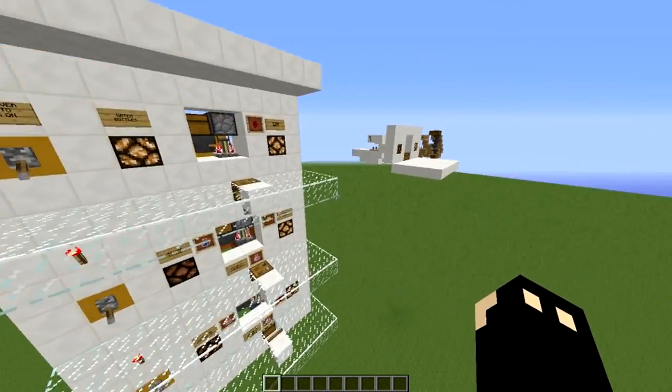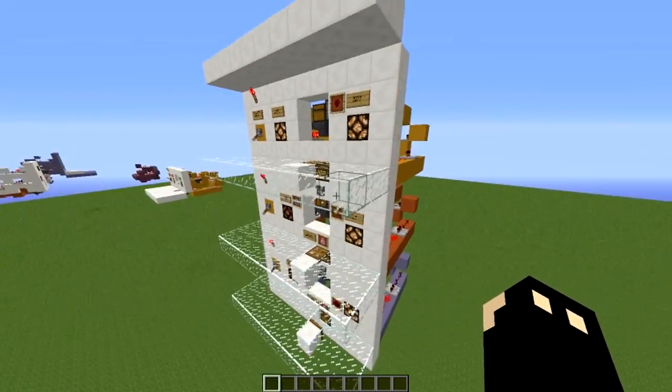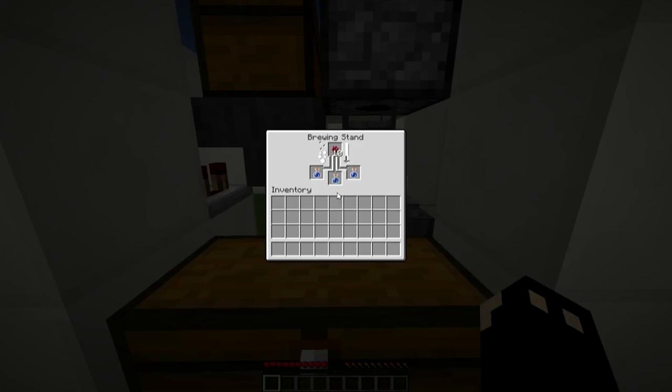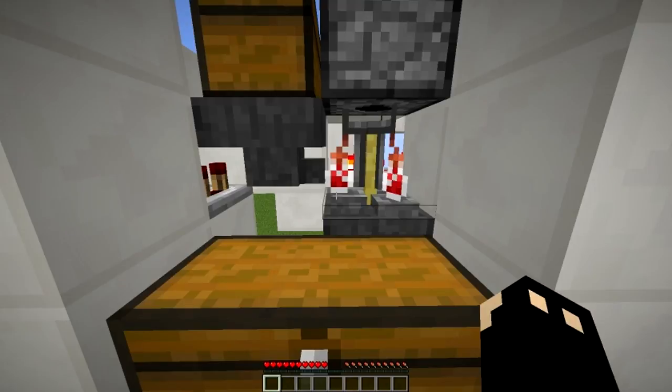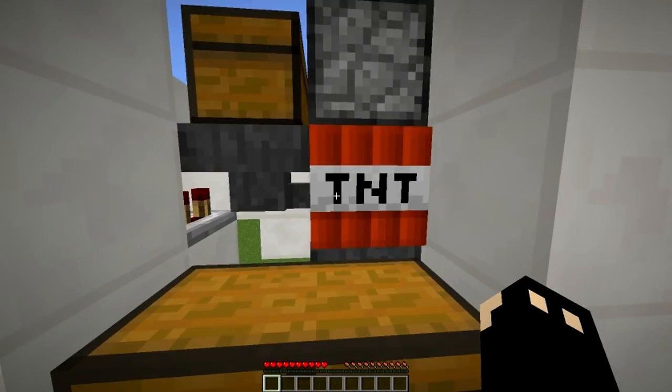Anyways, I hope you guys enjoyed, and look forward to my more in-depth tutorial on how this stuff works. Now I can make potions automatically, so then I don't have to worry about making splash potions, so I can use my XP farm out easily. This is freaking awesome. I'm freaking awesome. And oh shit, what the